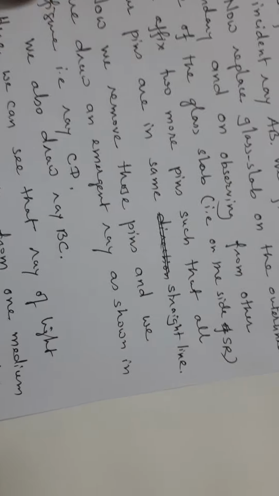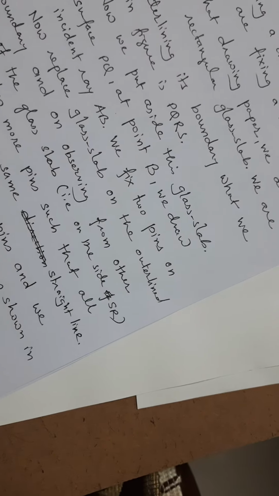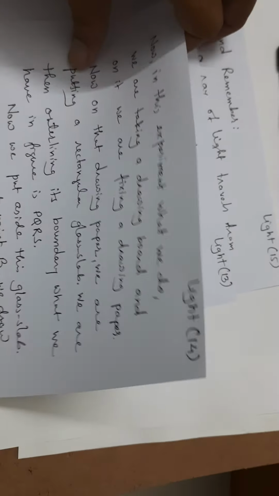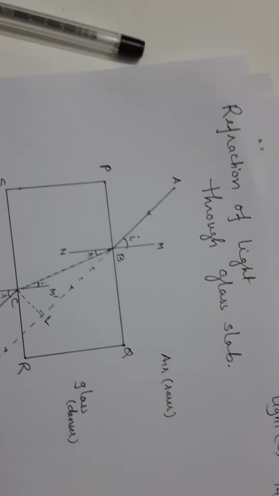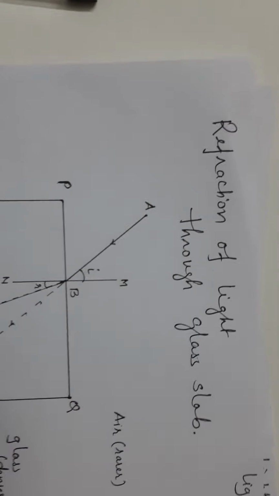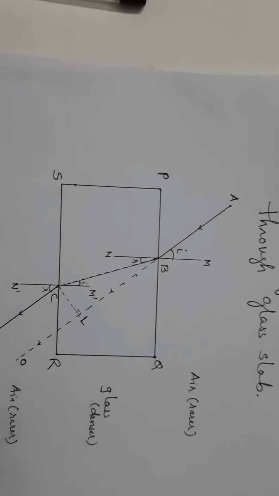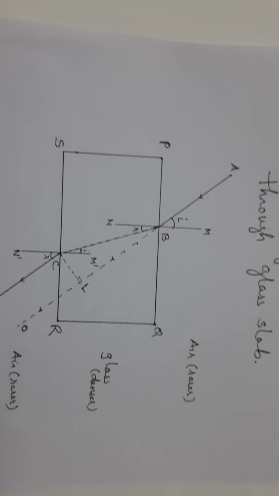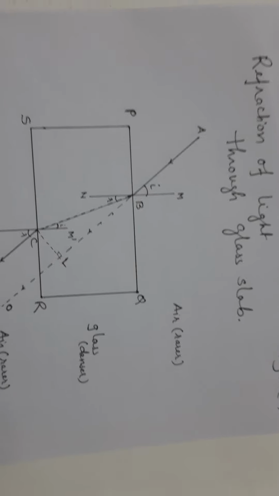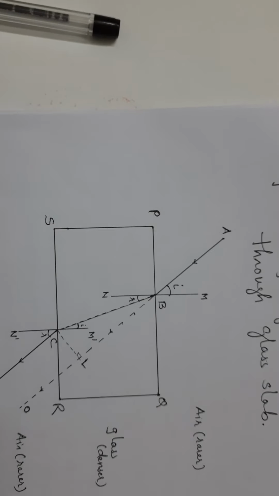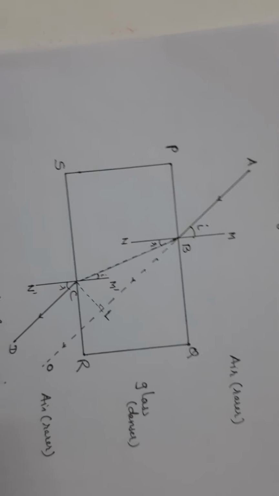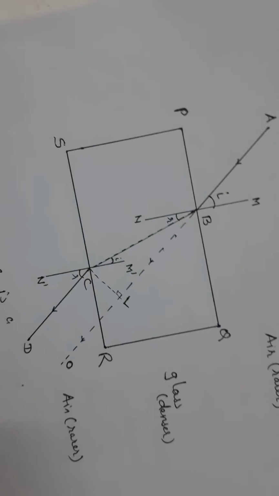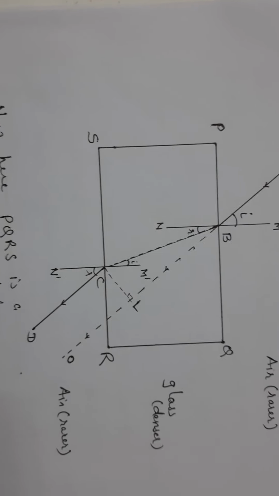Let us talk about refraction of light using a glass slab. It is a question usually asked for 3 marks, where you explain what refraction is and how we can prove that refraction has taken place using a glass slab. Now you can just have a look at the figure. In the figure it is given